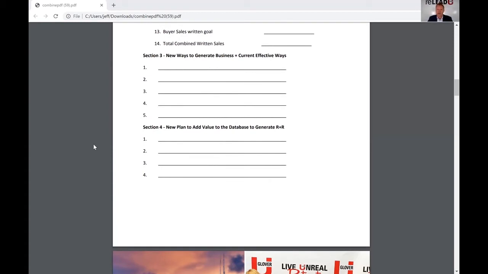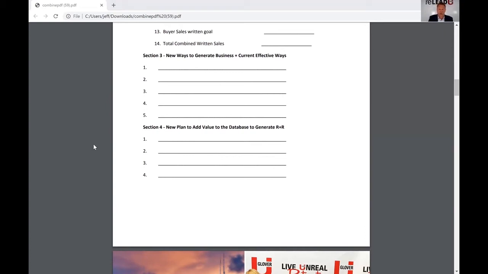You probably wrote it down somewhere. You'll probably have to go back and revisit your notes to find it. But I want you to write down 1 thing. So you got 2 that you're doing that are working, 2 that are from the original plan that you haven't taken action on yet, and 1 that you've heard in the last 75 days that you're like, oh, that's a good idea. I need to add that to my plan.